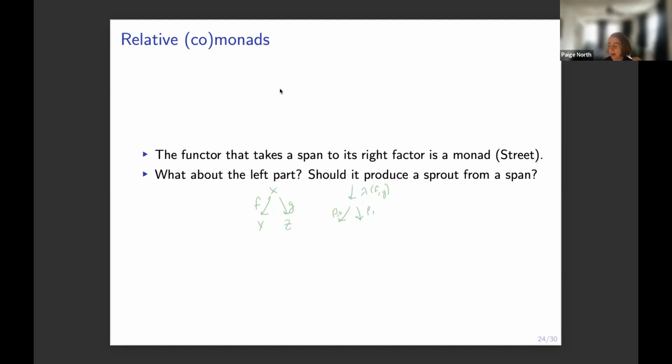And I guess there are different options. We could say that it takes the span to this map. But those two things, the span and the map, are different shapes. They live in different categories. Or it could take the span to this whole thing. Those still live in different categories. And of course, if we say that we want to take the span to this guy, we've already covered that in this thing. That's the monad part. That's the right part, not the left-hand part.